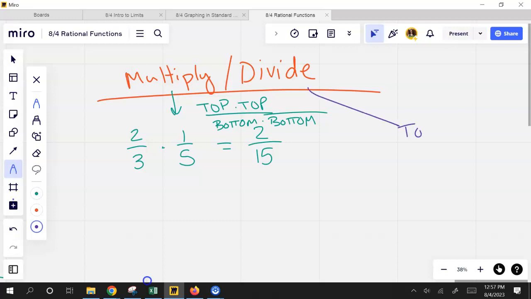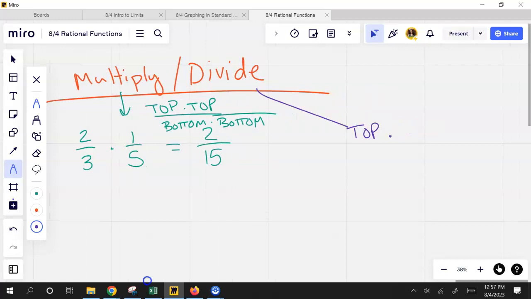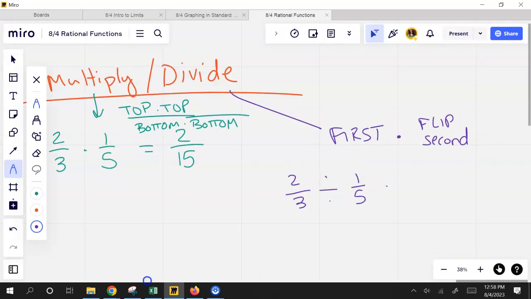So it's first times, and then you flip the second, and you multiply. So if this was 2/3 divided by 1/5, you would change that to 2/3 times 5/1, and then multiplication is